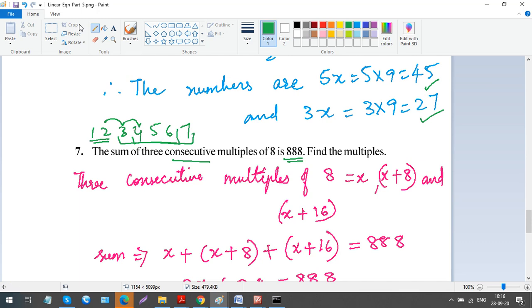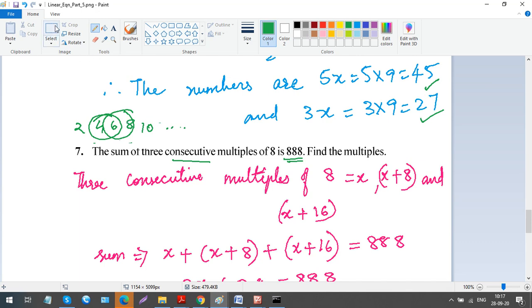Now if I talk about even numbers, let us say I take only even numbers. And even numbers, I will say 2, 4, 6, 8, 10 and so on, right? Now if I say give me 2 consecutive even numbers, you can take any 2 next to next numbers. Either you can say 4 and 6, or you can say 6 and 8, or you can say 8 and 10, or any 2 numbers. Okay. So consecutive is after you arrange the numbers, the 2 regular ones, the next to next ones.